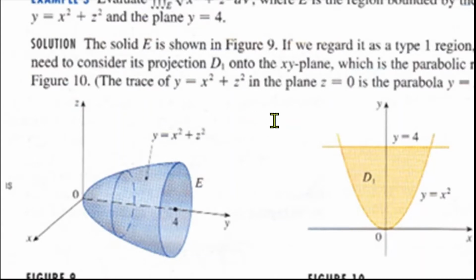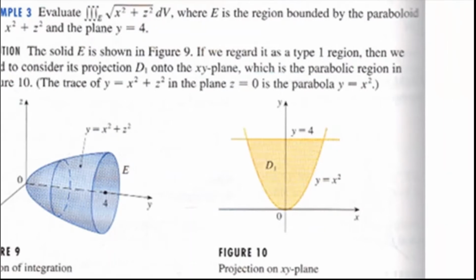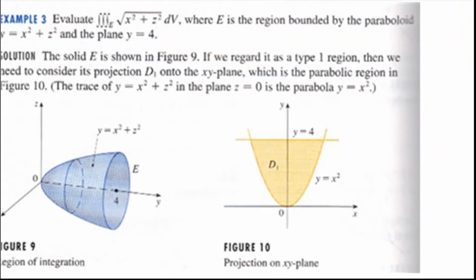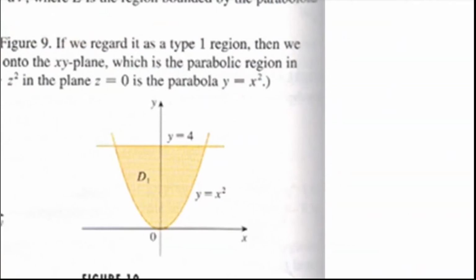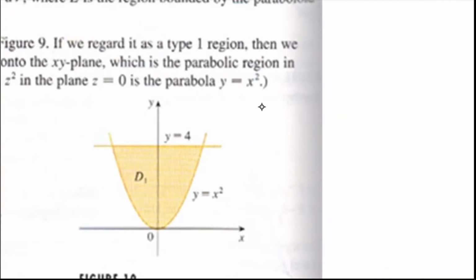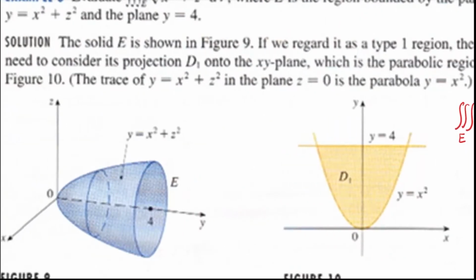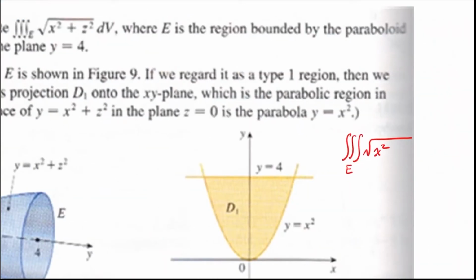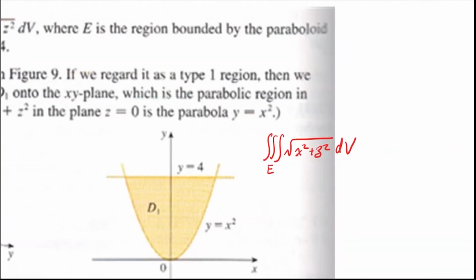Good. And this will turn out to be an awful integral, okay? Let's just set it up and not evaluate it, and I'm going to show you a much, much better way. So I'm going to set it up here. So, triple integral of e to the square root of x squared plus z squared dV will turn out to be, okay,